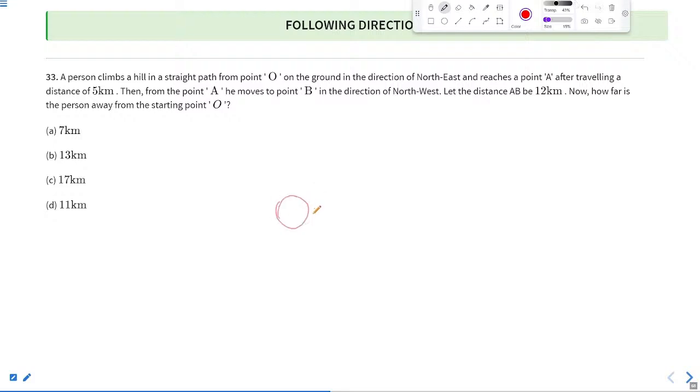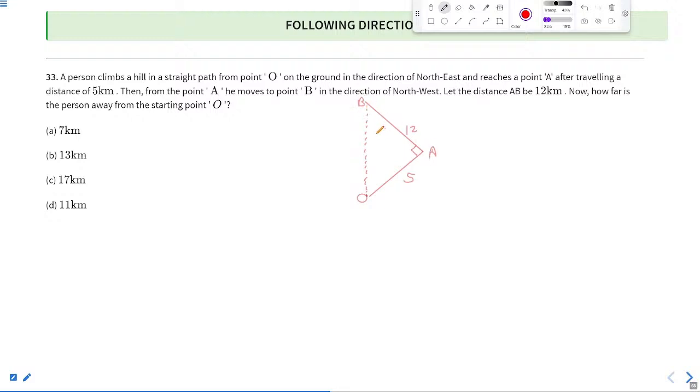From O, he moves 5 kilometers northeast. Then he moves in a direction northwest 12 kilometers. You have to find the shortest distance from O. So the answer is